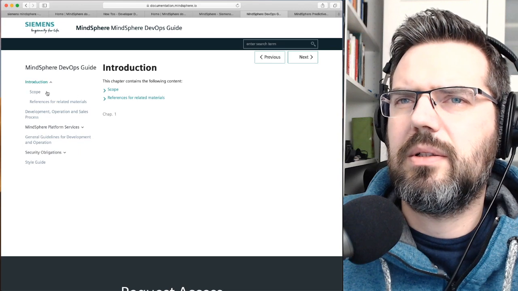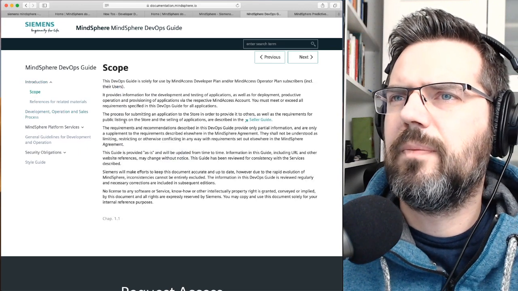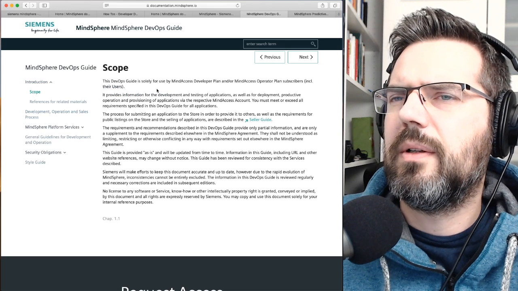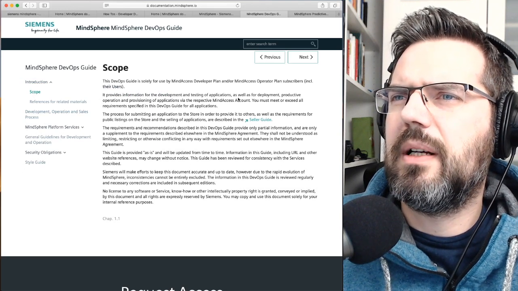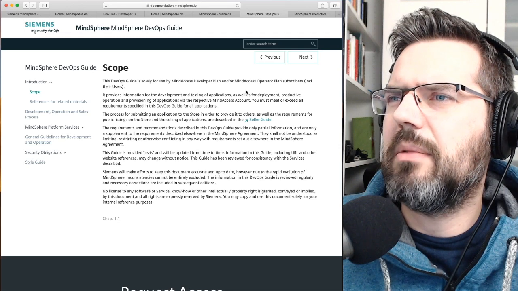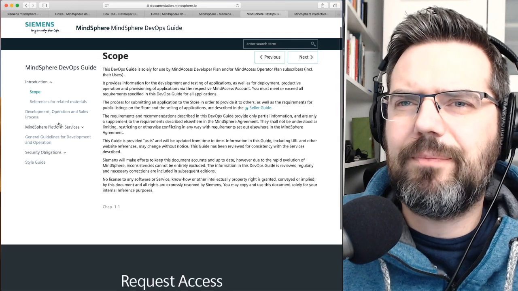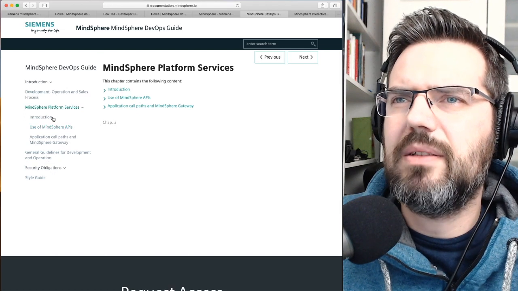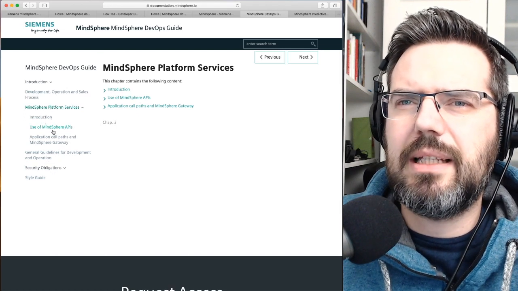System and introduction. That provides information to development testing applications as well. So it's Mindsphere platform services. Now we're getting somewhere.